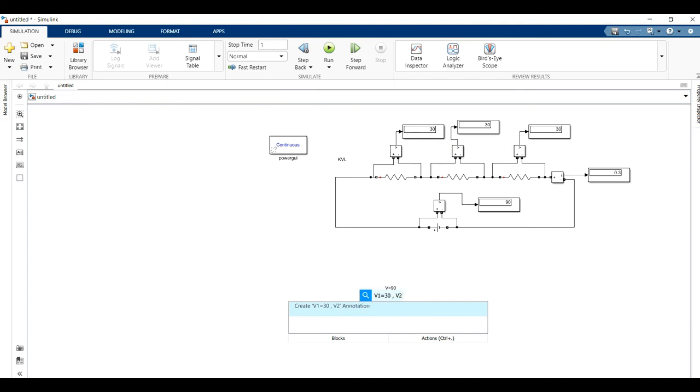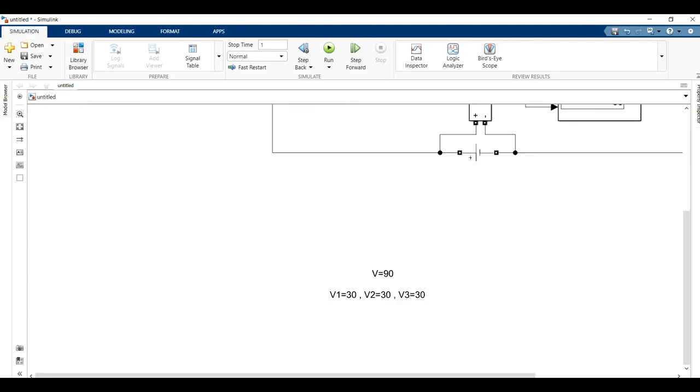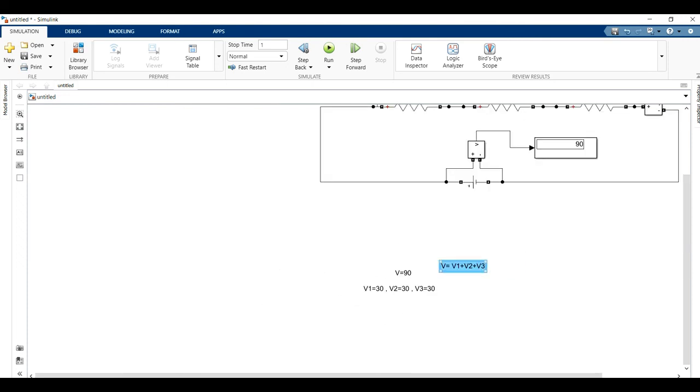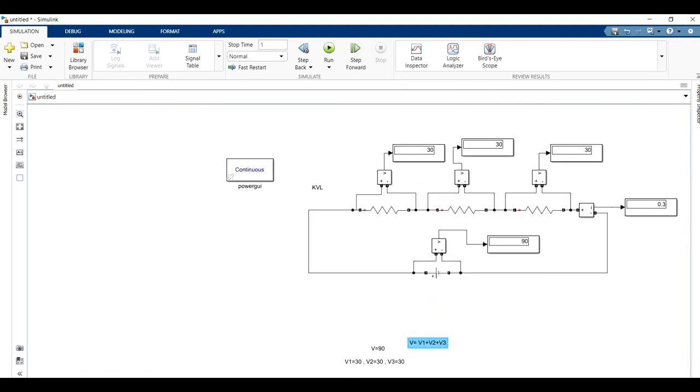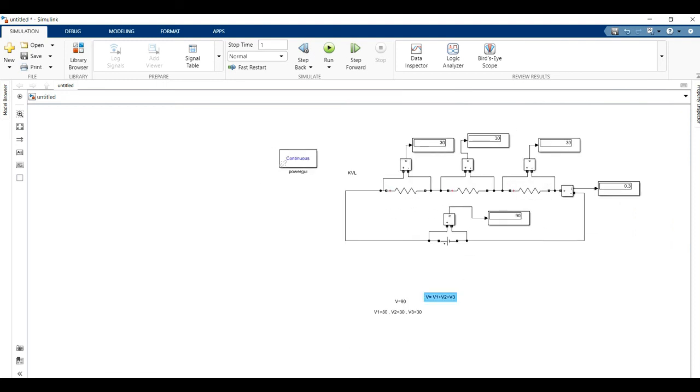So Vs minus VR1 minus VR2 minus VR3: 90 minus 30 minus 30 minus 30 is equal to 0. So you can see here the total voltage V is equal to V1 plus V2 plus V3. Hence we can say